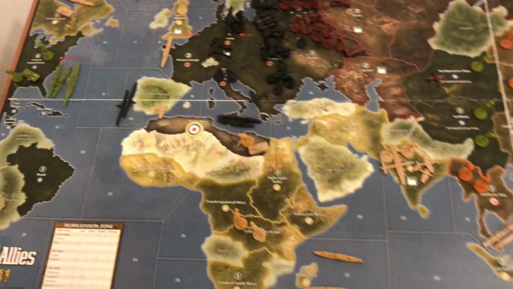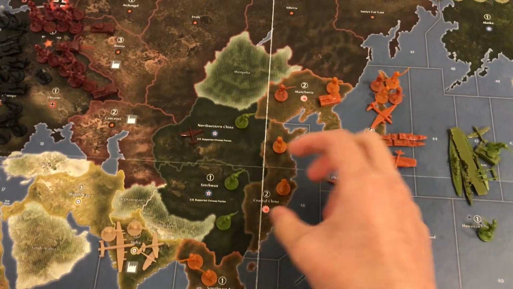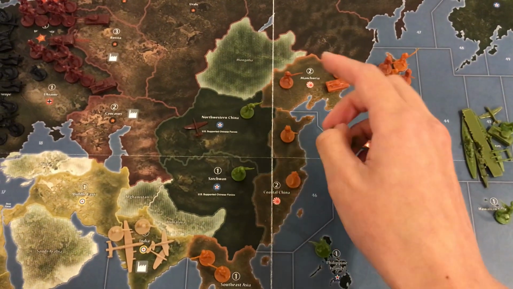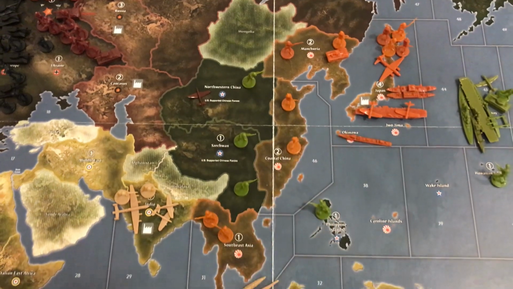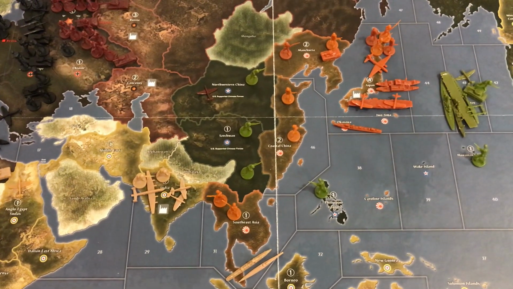But over here, so that's the general idea for the Pacific, and then try to obviously take coastal China and Manchuria. As the Allies, you should try to take these territories and hinder Japan before going after Germany. And yeah,